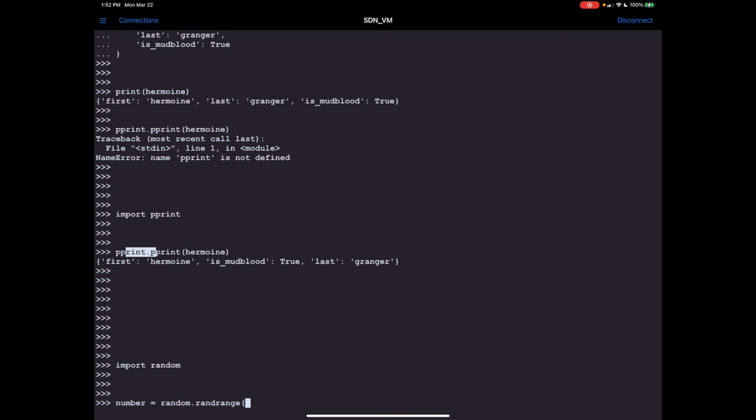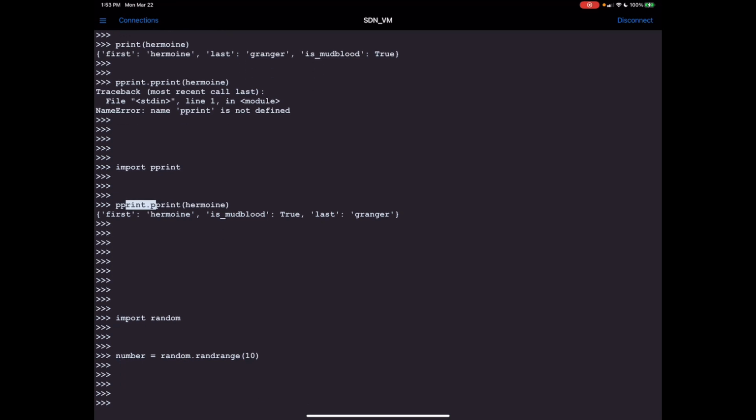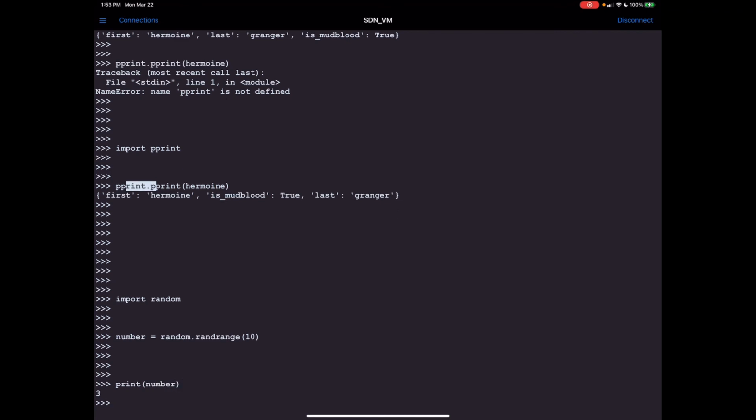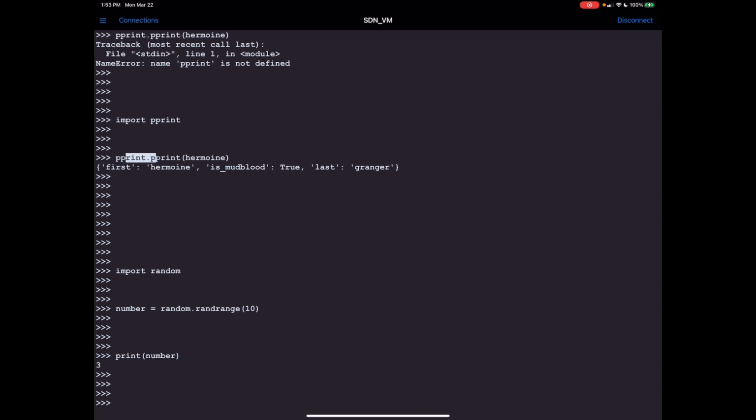But I'll do number equals random.randrange, which is a method from the random module, and then I'm going to give it a range of 10, so that's going to be the highest number it can go. And what I've just done there is I've created a random integer. So if I do a print number, all right, it chose 3,